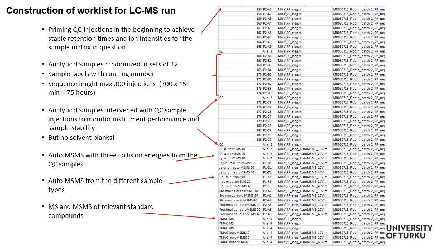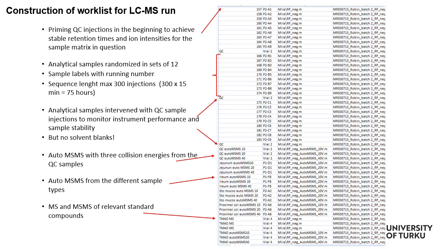So it's a little bit messy information, but typically in the beginning we have a priming sequence of quality control QC sample injections, and that is for the reason that we accustom the column with the sample matrix that we are running. So something like 10 injections of QC samples typically in the beginning of the run. Those are not shown in this work list because it was too long.